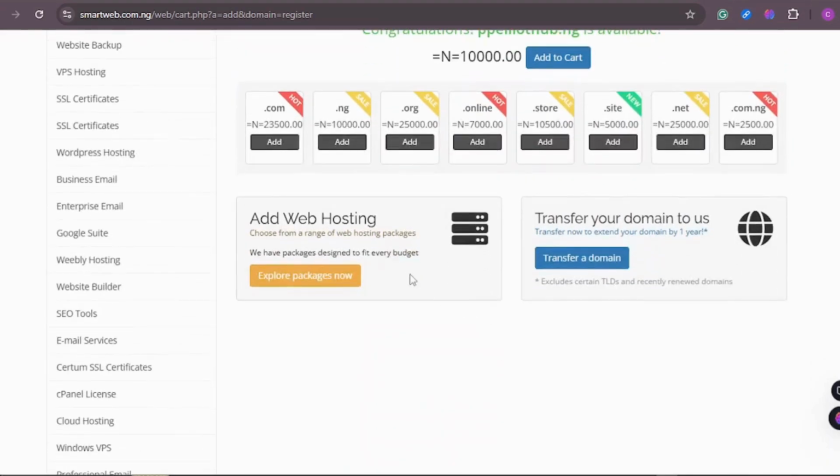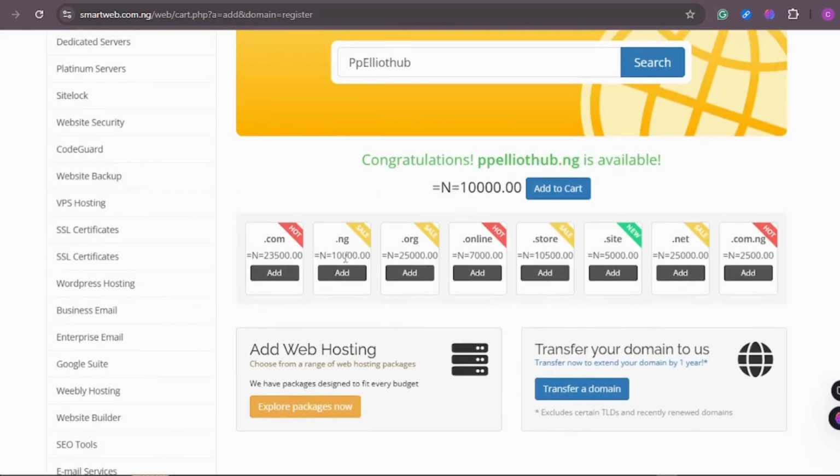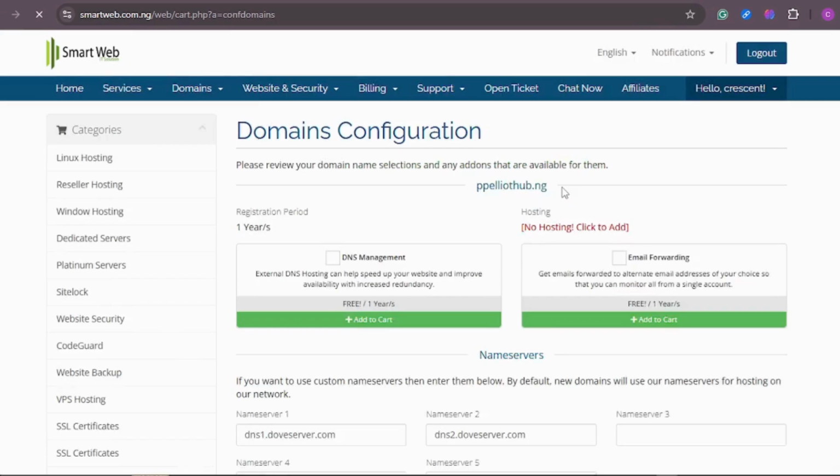If you come down here, you can also see hosting. We want .ng, so I'm going to click on .ng to add it to cart. I've added .ng to cart. I'm just going to click on checkout. Here you can see I have added ppliothub.ng. Please review your domain registration. Now this is just for the domain